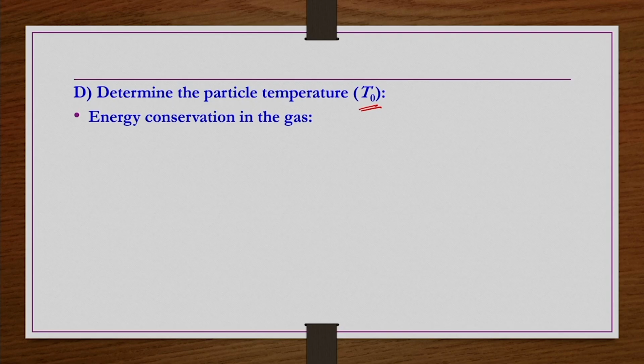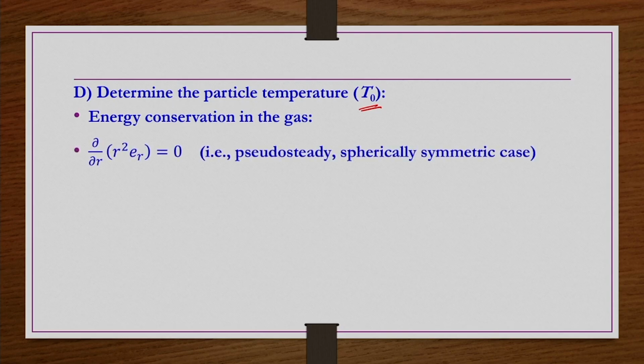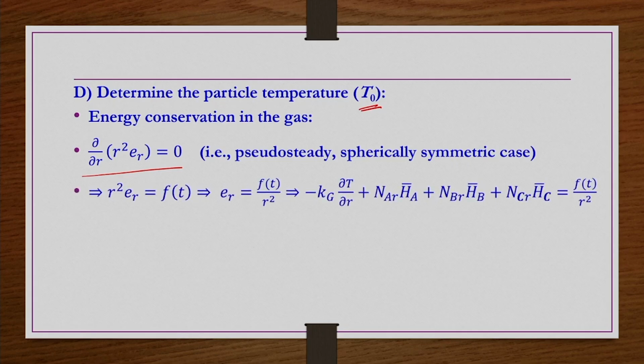So, what we do now for this purpose, we will be writing energy conservation in the gas. What we got, dou by dou R of R square ER equals 0, that we already got, which is the pseudo steady spherically symmetric case. So, this we got as R square ER equals F of t, a constant. That constant is a function of time; it is independent of R, but a function of time. So, we can write ER equals Ft by R square, and then ER is having the conduction part, and then